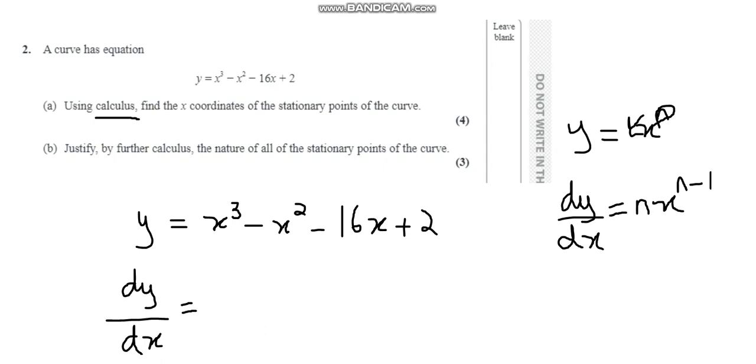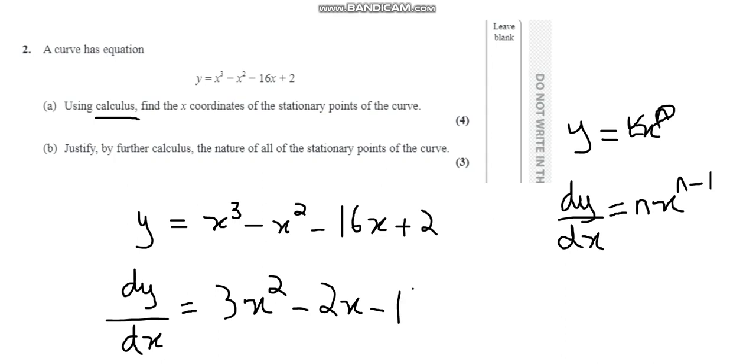So x cubed will become 3x squared, since 3 minus 1 becomes 2. Then differentiating x squared gives us 2x, and 2 minus 1 becomes 1. We don't have to write the 1 in the power; we already know that x is raised to the power 1. Then we have 16x, so that will become minus